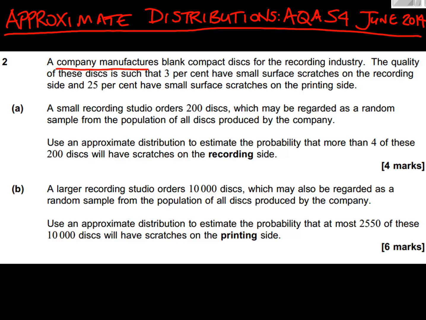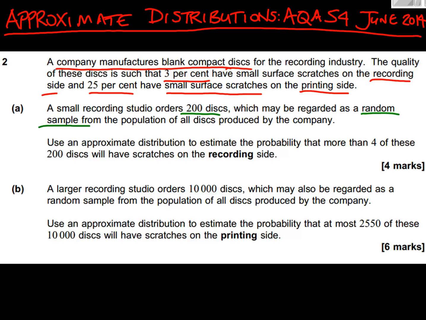A company manufactures blank compact discs for the recording industry. The quality of these discs is such that 3% have small scratches on the recording side and 25% have small surface scratches on the printing side. So they've given us some data there. There are two parts to this question, and let's read the first one. A small recording studio orders 200 discs, which may be regarded as a random sample. That's important to us, them saying that, because that means we can now use the stats above